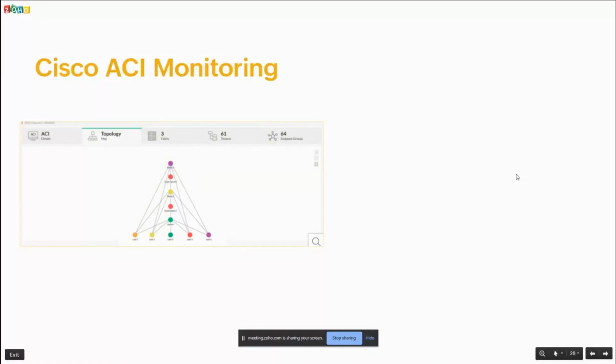Next, we talk about Cisco ACI monitoring. This is a new feature in OpManager, and some of you would have worked with the Cisco ACI environment, and you all know to what extent these environments can be expanded. So OpManager's Cisco ACI monitoring tool helps you tackle this issue by monitoring the environment as a whole, and it will also monitor all the associated entities or devices in your Cisco ACI environment.